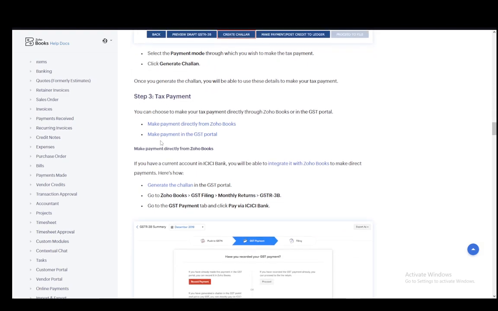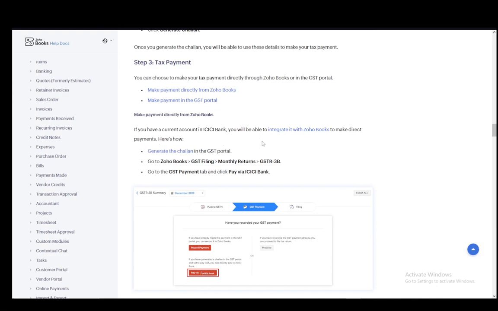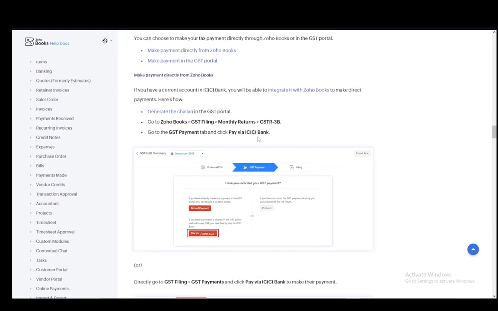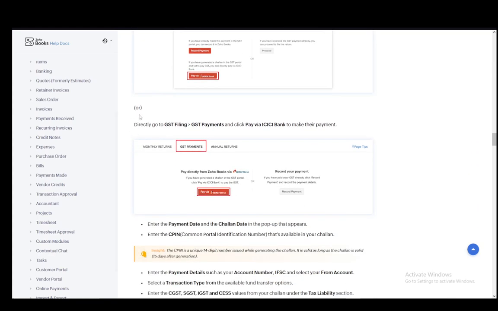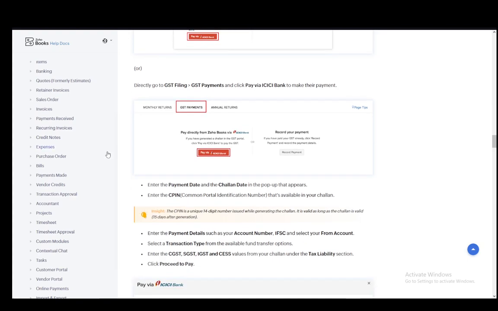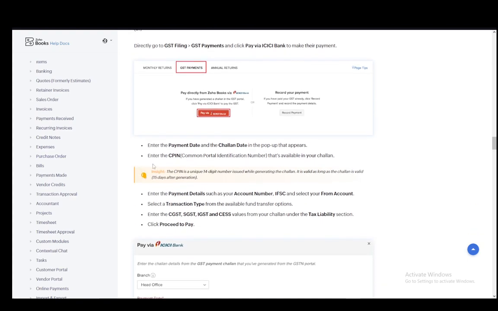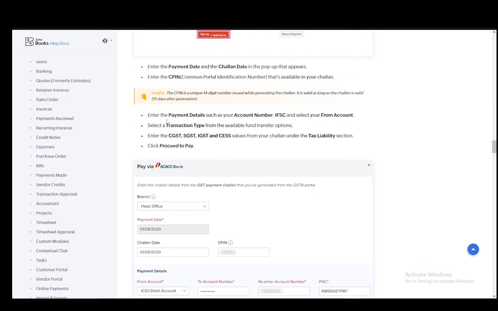Then the tax payment you do by generating the challan in the GST portal and going to Zoho Books, GST filing, monthly returns, and GSTR3B. Then going to the GST payment and pay via ICICI bank, or you can directly go to GST filing, GST payments, and pay by the bank, and then enter the payment date and date of the challan, then enter the CPIN, then enter the payment details, account number, IFSC from your account, or select from account, and then